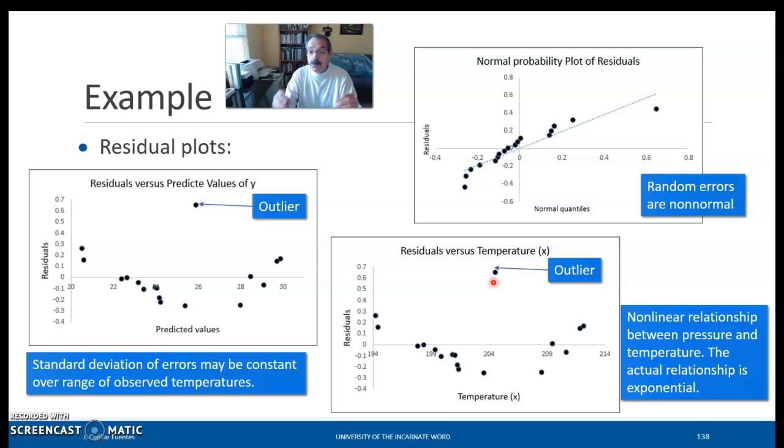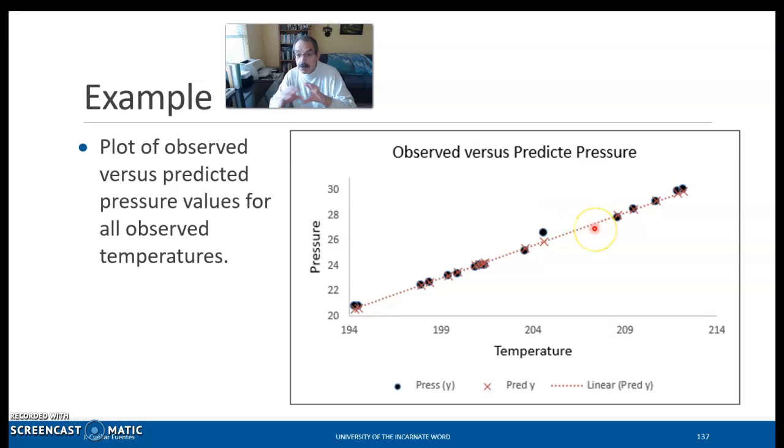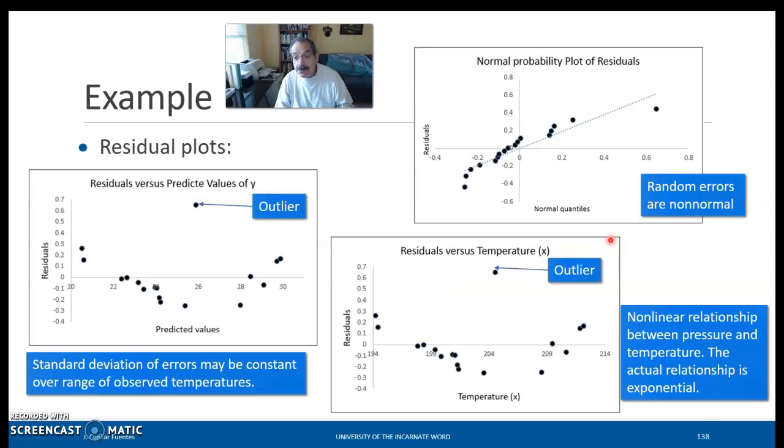And our conclusion would be that a simple regression equation for this data is not appropriate, even though on first appearances, it looks like it would be adequate. But that's why the residual analysis is so important. Everything looked fine, but when we actually do the residual diagnostics, we find that we have no normality and the relationship is not linear. So please don't forget, if you do regression analysis, do the residual plots to verify the